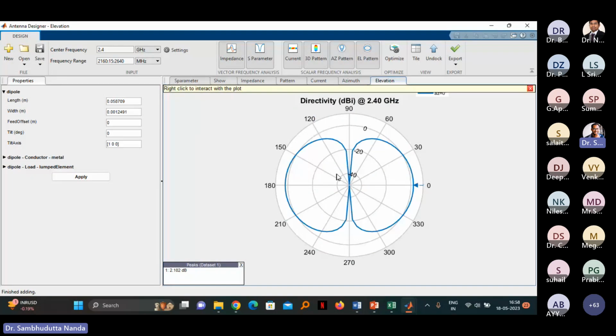So basically, this dipole antenna will give a very good radiation pattern in elevation angle, but it will not give very good radiation in azimuth angle. So that's the thing here. You can see the same thing is happening here also. In elevation angle, the antenna parameter is very good, but in azimuth angle, it is not radiating that much. So how can we conclude that? If you see the radiation pattern here,